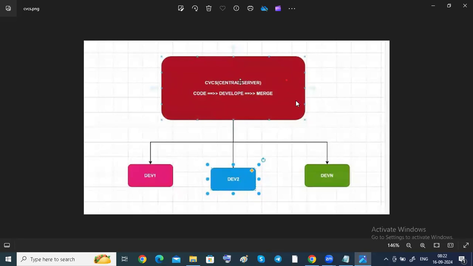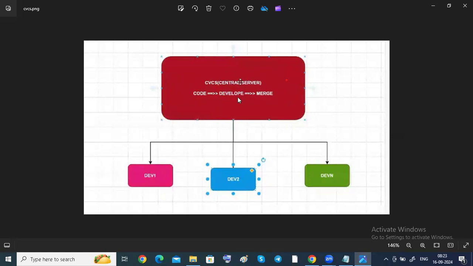In real time inside companies, there is a central repository, that means central servers are available. Every developer works on that server: developer one, developer two, developer three, developer four, like that, n number of developers developing their code and merging it into the central repository. Here they use the central version control system.